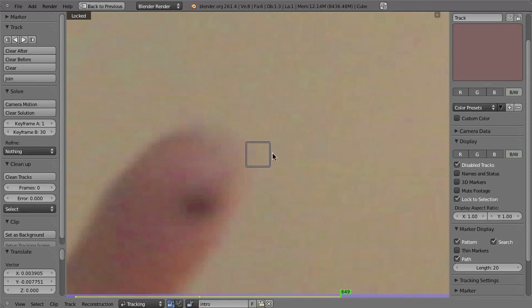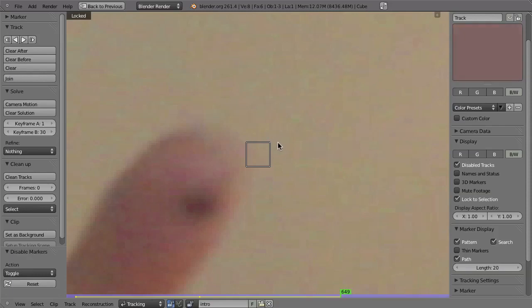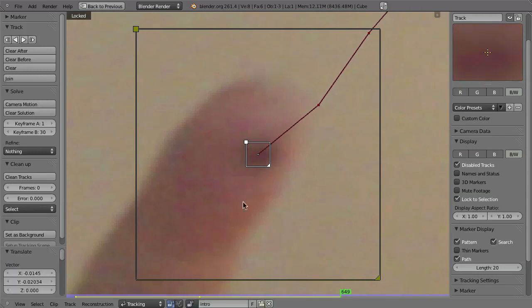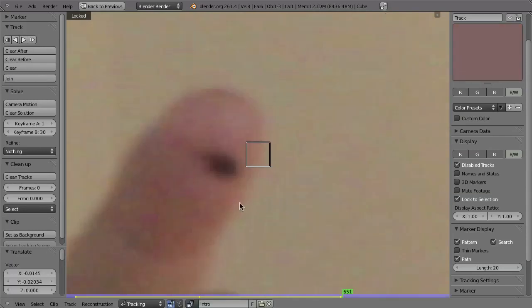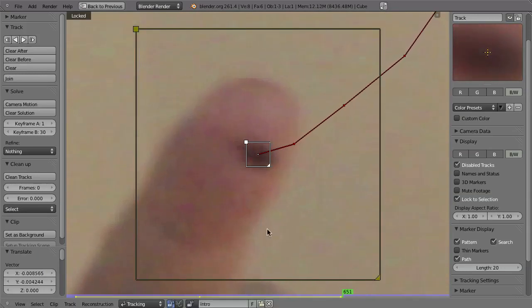So I could now press Shift D again to enable or disable. But you can also just press G right away. So when you have a disabled marker that is disabled because it failed tracking, you can just bring it back on track and enable it at the same time by pressing G. So it is enabled and you are in grab mode and you can place it again here on this point, and then Command T again to continue on tracking, although in this case that has some problems.